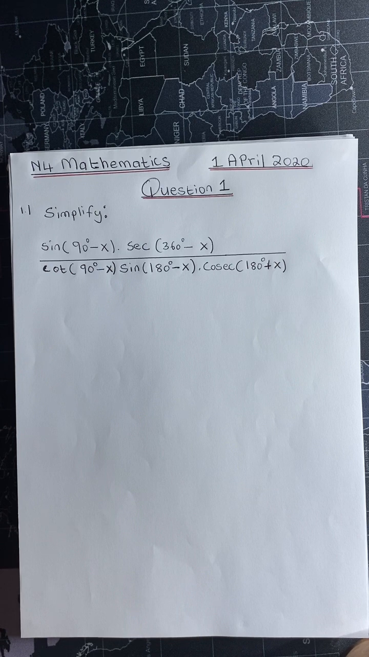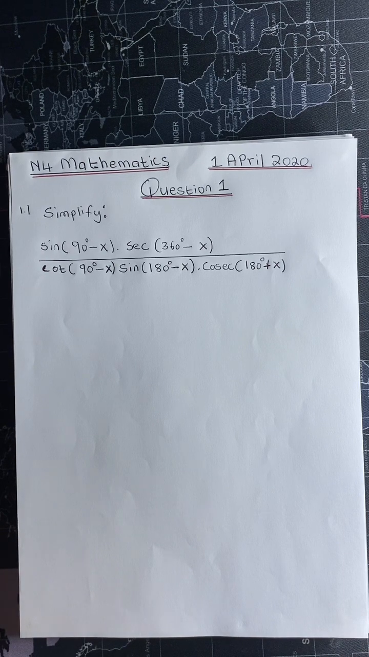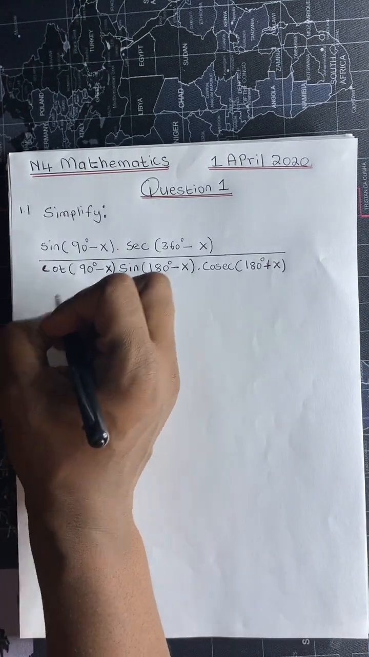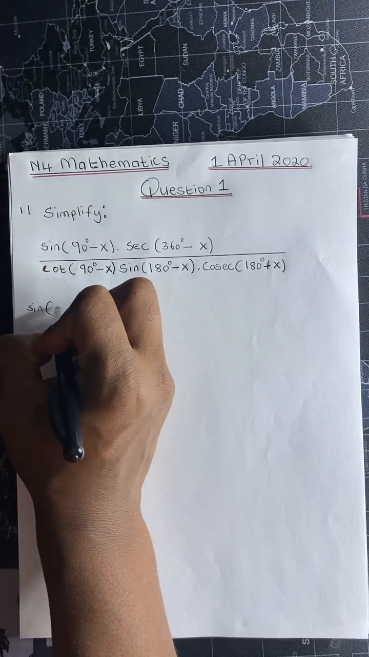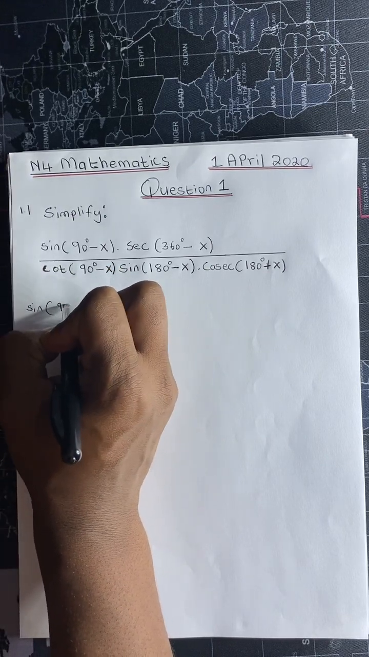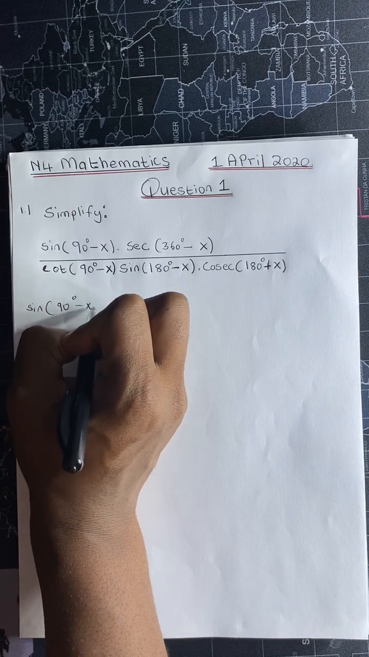Question 1.1, we have to simplify sin of 90 minus x multiplied by sec of 360 minus x, all divided by cot of 90 minus x multiplied by sine of 180 degrees minus x multiplied by cosec of 180 degrees plus x. So let's rewrite this trigonometric term. So we have sin of 90 degrees minus x